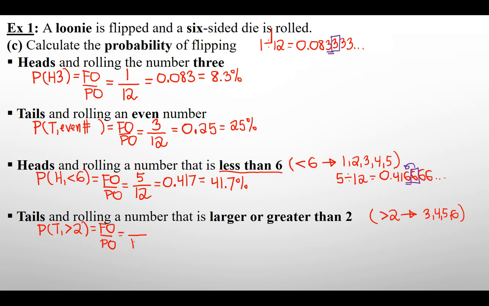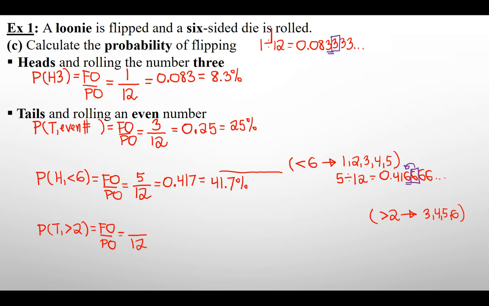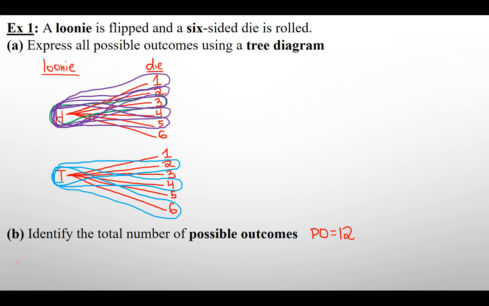And that would be equal to, you still have 12 possible outcomes, 12 branches in the tree. And now we have to go back and determine the number of favorable ways we have tails and a number that's greater than 2. So let's go back to this. And let's do this in, let's see which color this time around. Maybe orange. Okay, so numbers that are greater than 2 would be 3, 4, 5, and 6. So the number of ways I can get tails followed by a number that's greater than 2 would be tails and 3, tails and 4, tails and 5,